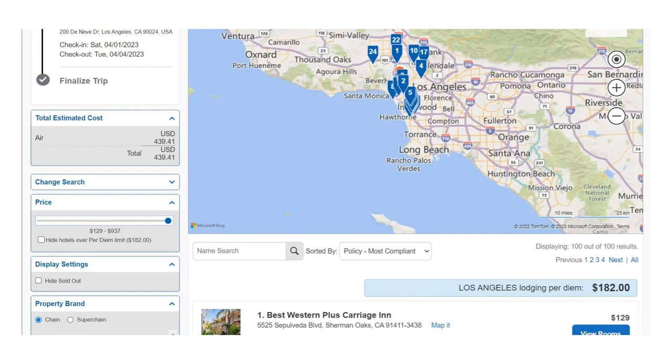Back to the hotels, below the map we see the lodging per diem for your TDY location. This amount sets the maximum nightly rate you can be reimbursed for. In most cases, there will be several hotel rooms available at or even below this rate. If there are no rooms available at or below your work location's per diem rate, you can do one of